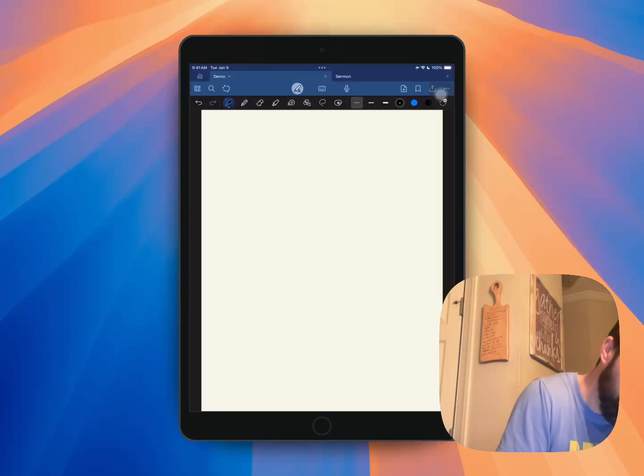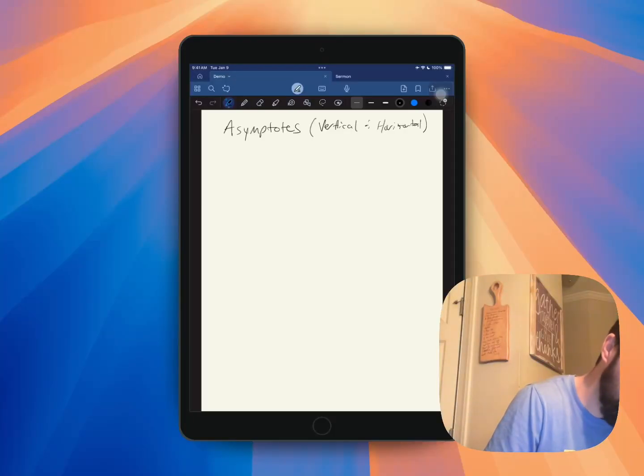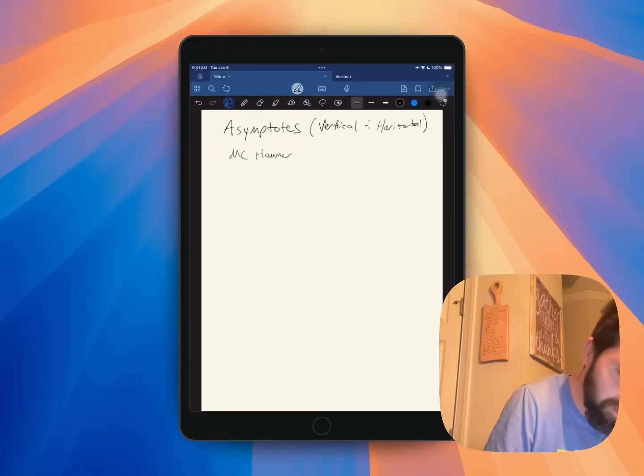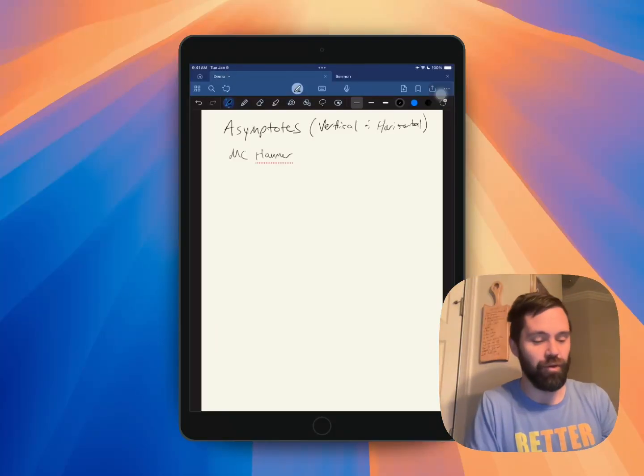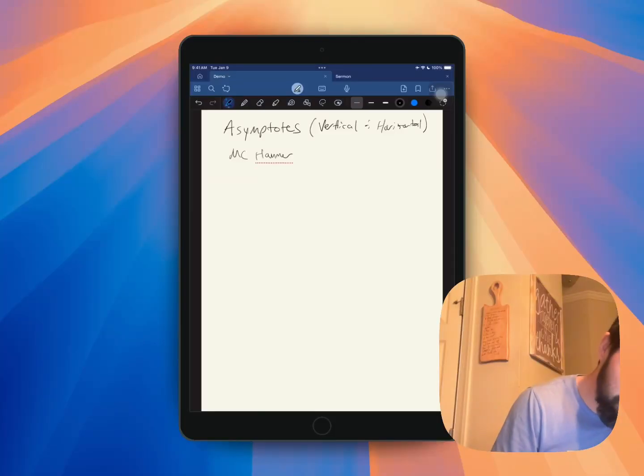All right, so we're going to talk about asymptotes. And there are two different types that we're going to talk about today: vertical and horizontal. Now, I like to talk about this unit as the MC Hammer unit. Y'all may be too young for this, but MC Hammer wrote a song called Can't Touch This. And the idea of an asymptote, especially the vertical ones, is that